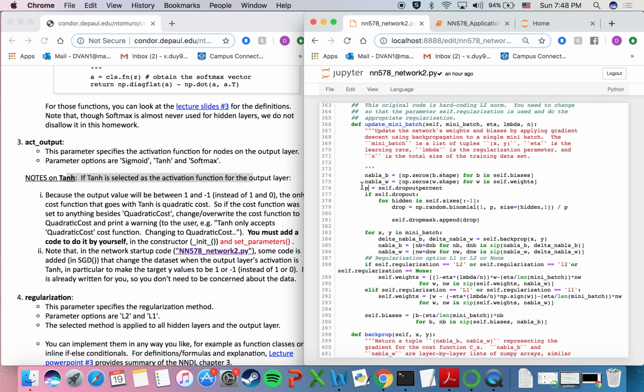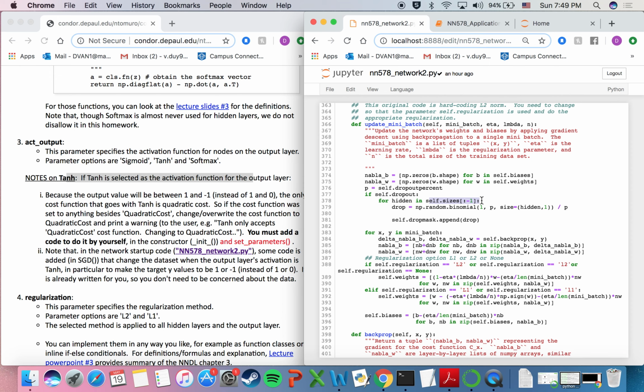For the dropout, we have the dropout percentage, and then with that percentage, the hidden layer is going to be in the size of the hidden layer, because size here is the number of hidden layers,